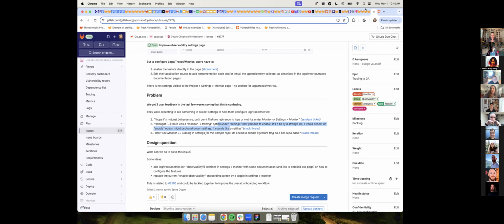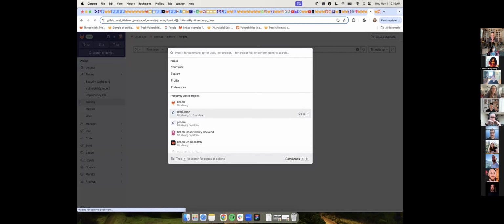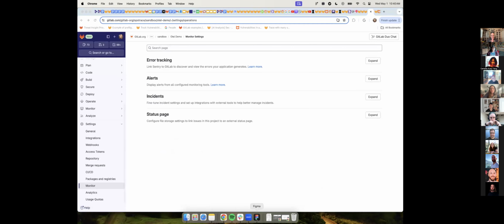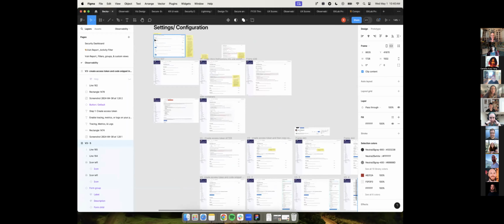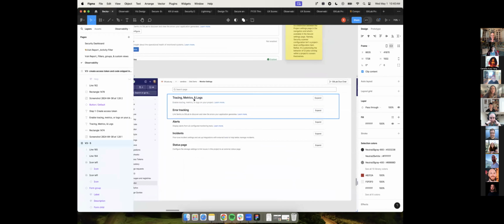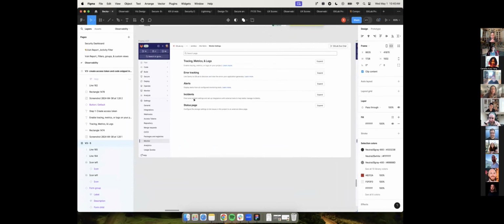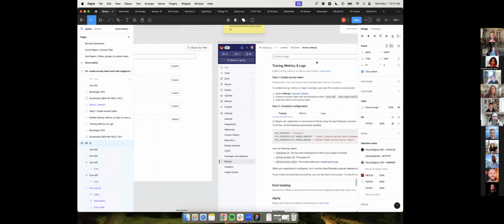Okay, so the question was, what should we do with this settings page? Because we've seen that users want to come here and would expect to enable these things under here. So let me jump over to Figma. At first, my first iteration of this is, okay, let's mention something about tracing, metrics and logs. I was referencing the docs page for this. And my first iteration was, okay, we'll add this at the top, so the order matches the navigation order. And then if you click expand here,